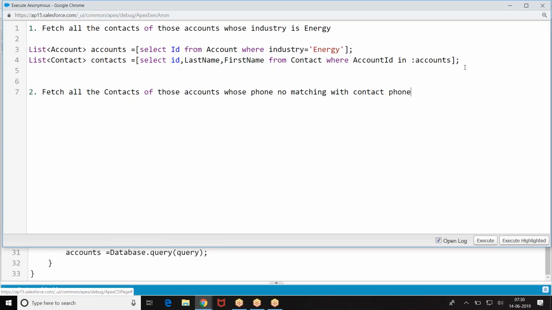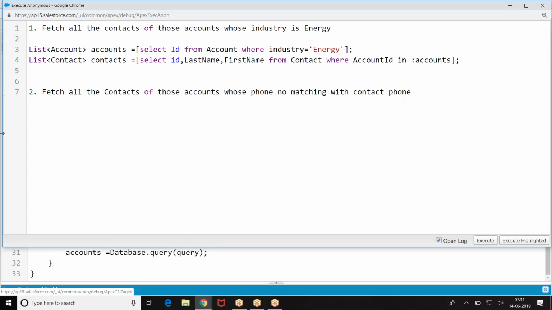Account phone number and contact phone number are the same, then get those contacts. Now, in this case, you cannot write a query. You want the account phone number and contact phone number to be the same.